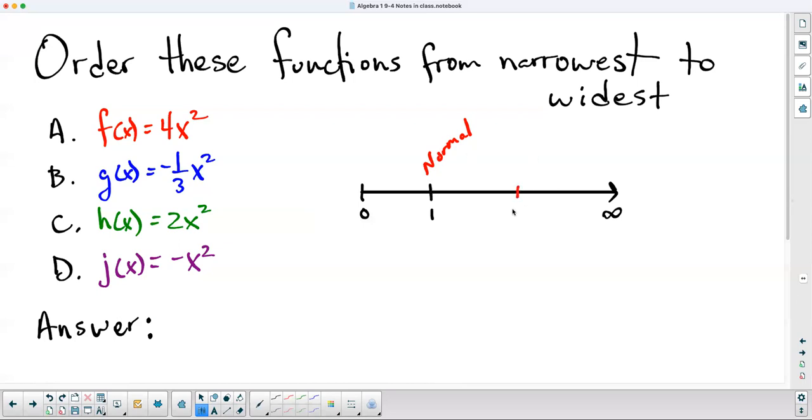Numbers bigger than 1, like I'll just say 10. The bigger the number, the skinnier it gets. The closer to 0, 0 being, well, you can't actually have 0. So